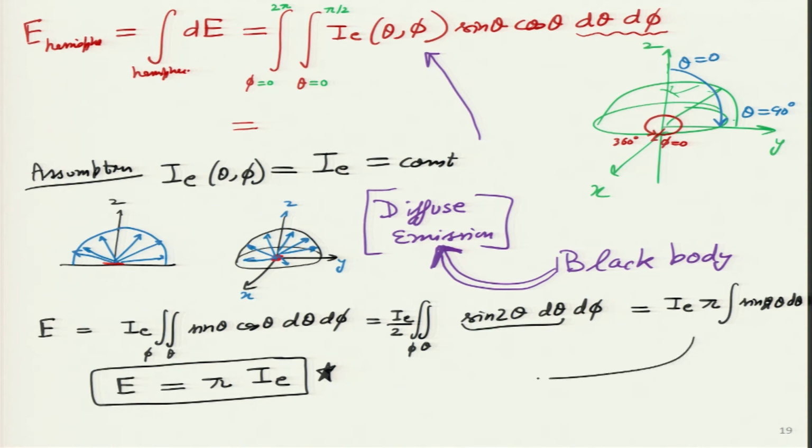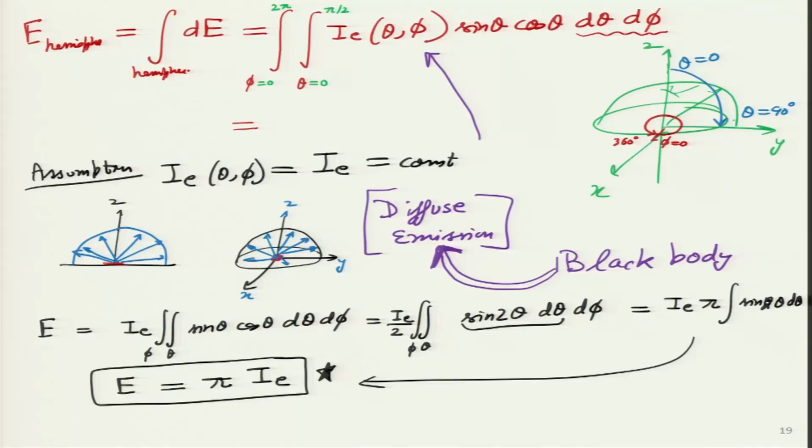It is very interesting, where has the 2 gone? Why were we expecting 2? Because in the hemisphere the solid angle is 2 pi, but when I am integrating E over the whole hemisphere, I am getting I, which is a constant emitted radiation intensity, into pi. So, there is a factor of half which is hidden inside this particular integral. Once you do it yourself, you will figure out where it has gone. But this is a very nice equation that we have got by making this assumption.